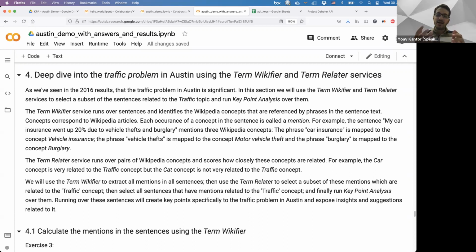So if the directed match score between the sentence and the key point is high enough, then the sentence is covered by the key point, supports the key point. So it's similar to clustering in one sense, but the ability to understand what's the center that collects the sentences together, the key point itself, is a very strong ability.